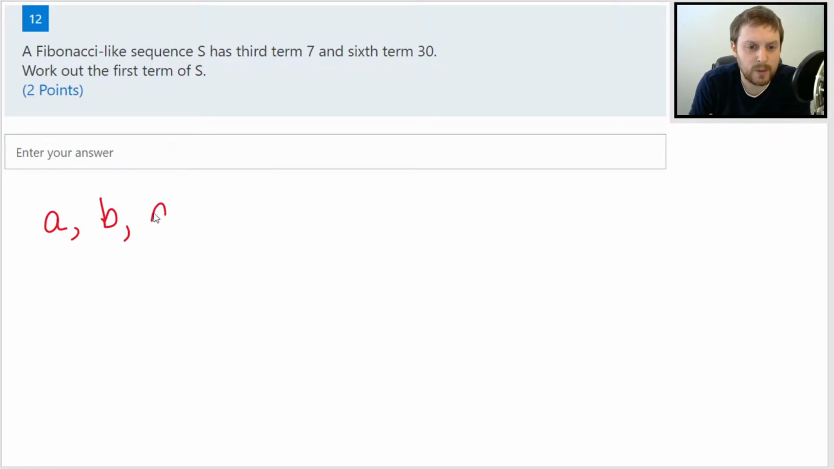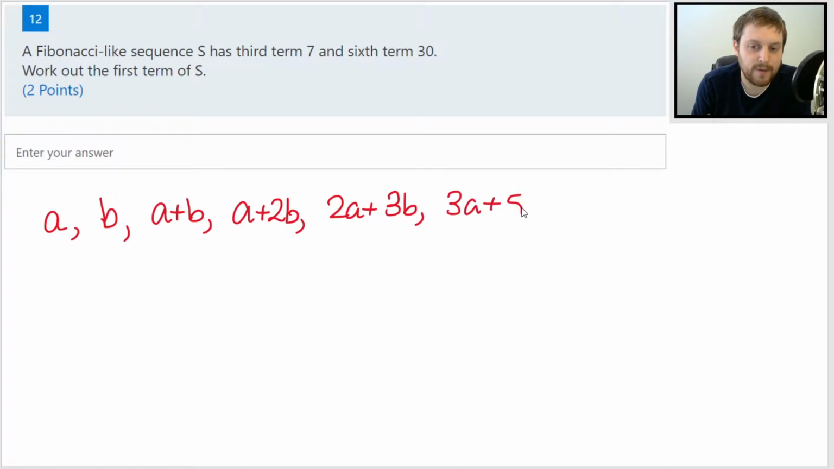So the next term will be A plus B. The term after will be, so I'd add up these, and this would be A plus 2B. Then I'd add up these and I'd get 2A plus 3B. Then I'd add up these and get 3A plus 5B. And then I'd add up these and get 5A plus 8B. And then, okay, it keeps going. And what we're told is that this one here is 7. And this one here